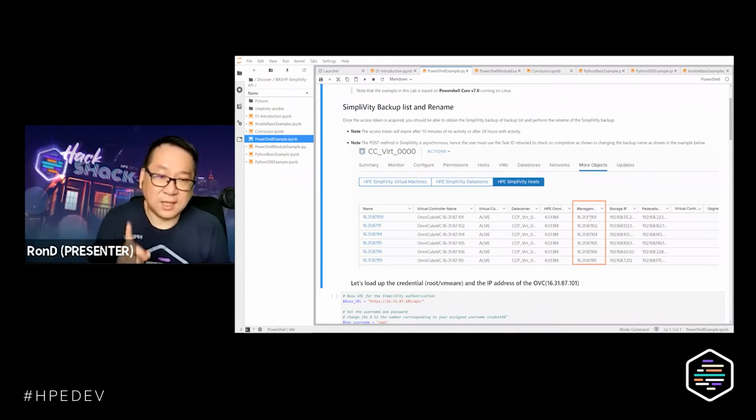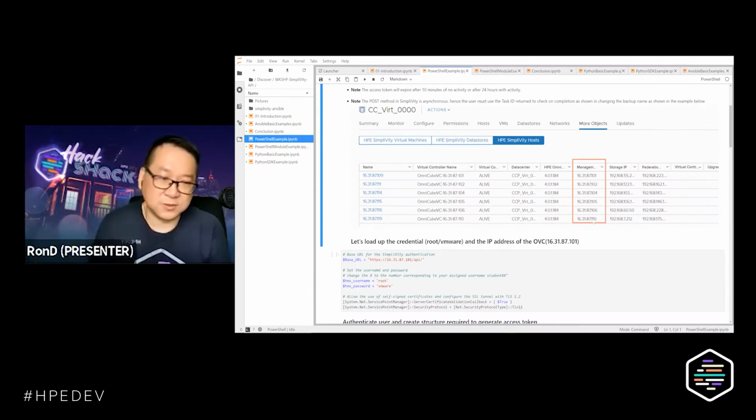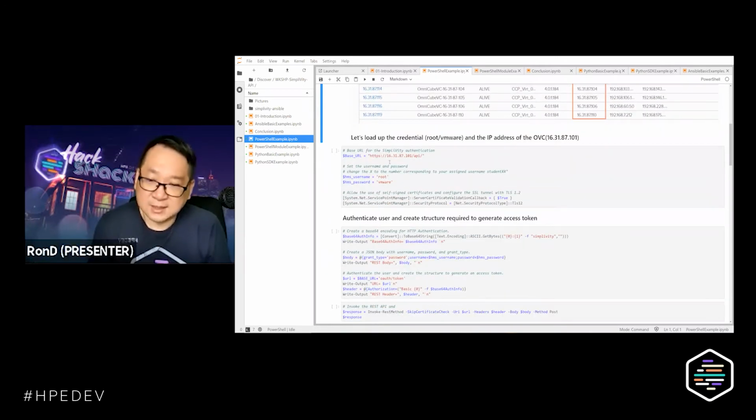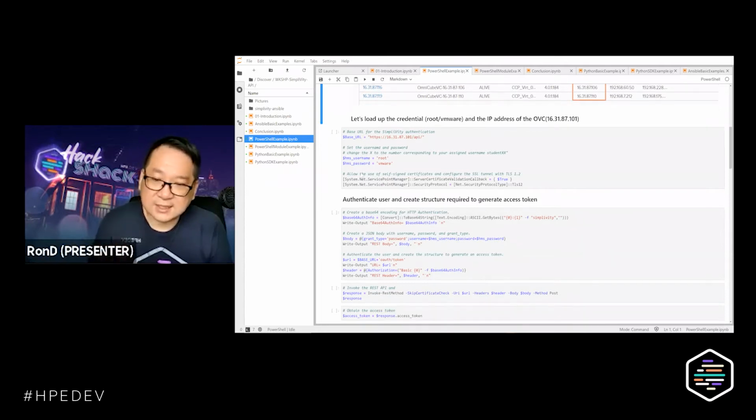If you have an MVA, I know most of you are SimpliVity aware, but the MVA is the new management model introduced in 4.0 that allows us to expand the clusters without using as many vCenters. Then all you need to do is point to the MVA. But today I will use one of the OVCs. So this is the exercise that we can go through.